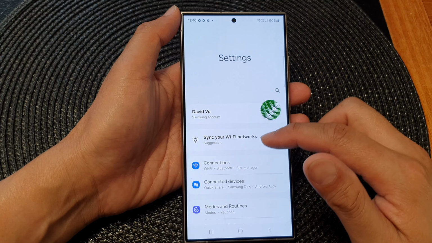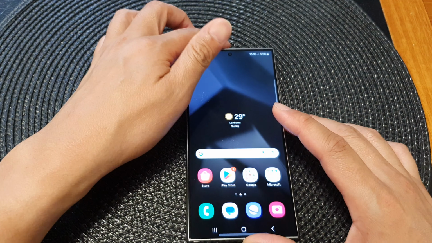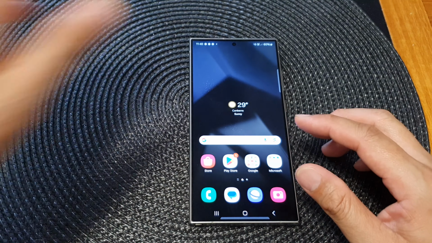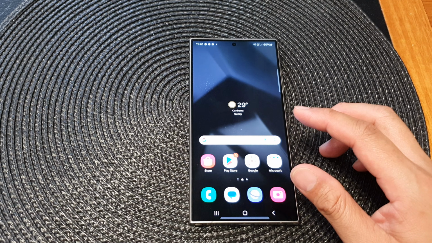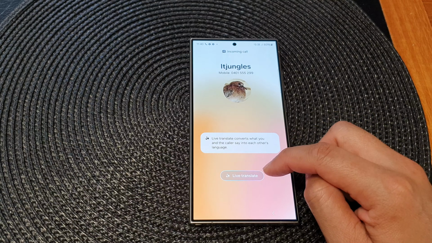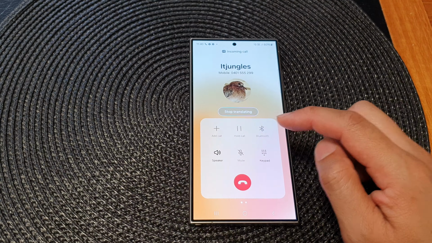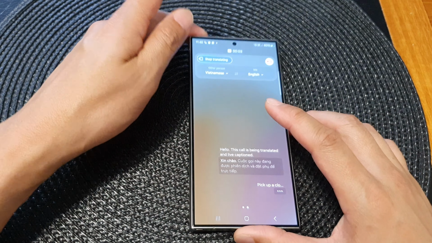And that's it. So now once you have turned on live translate, we can then turn on live translate when you receive an incoming call or when you place a call. So here I will call myself. So I've got an incoming call. Now I can tap on call assist, and it says live translate converts what you in your call say into each other's language. You can tap on live translate now if you want, and then that will pick up the call. Okay, so the call has been picked up,